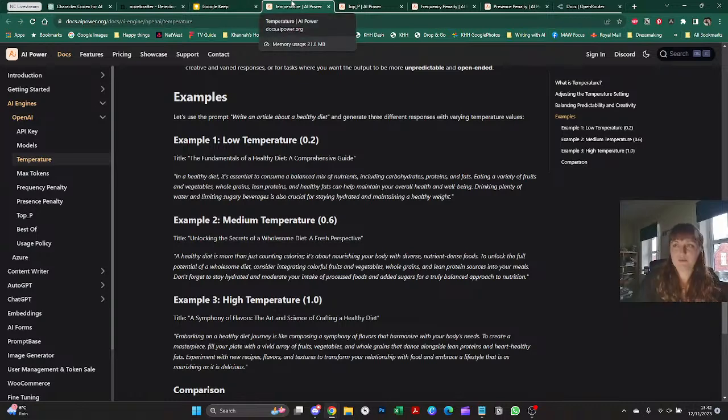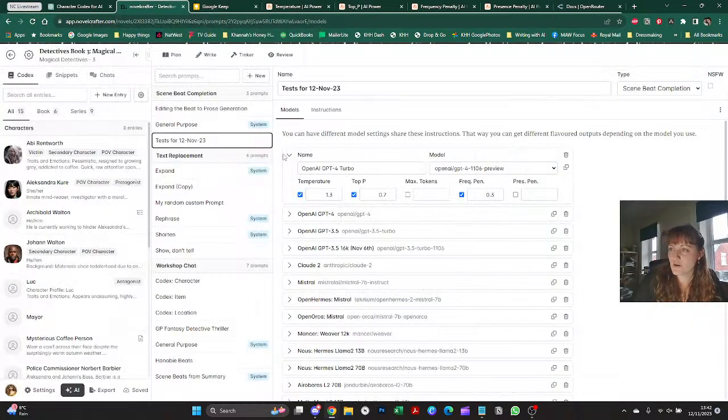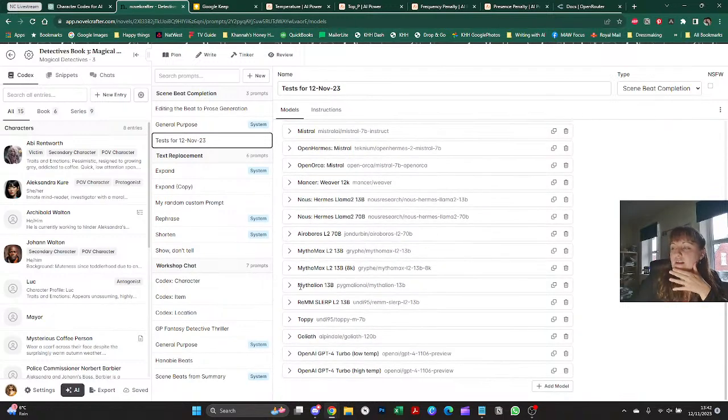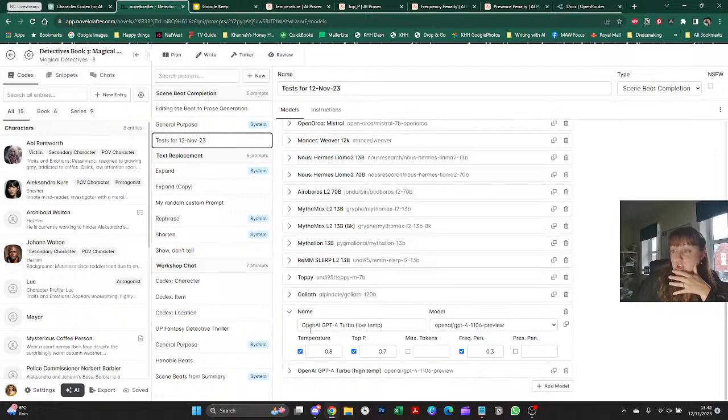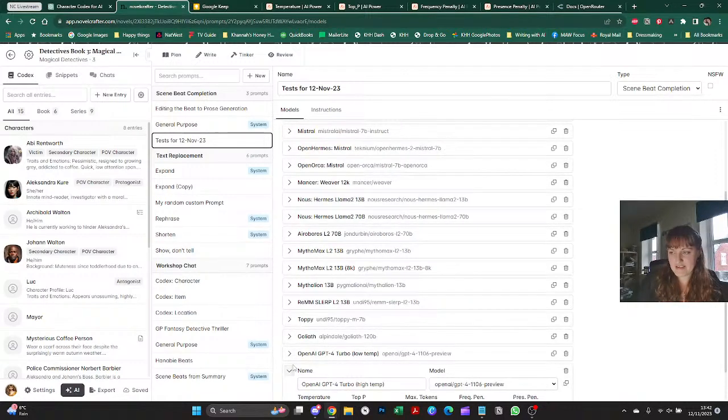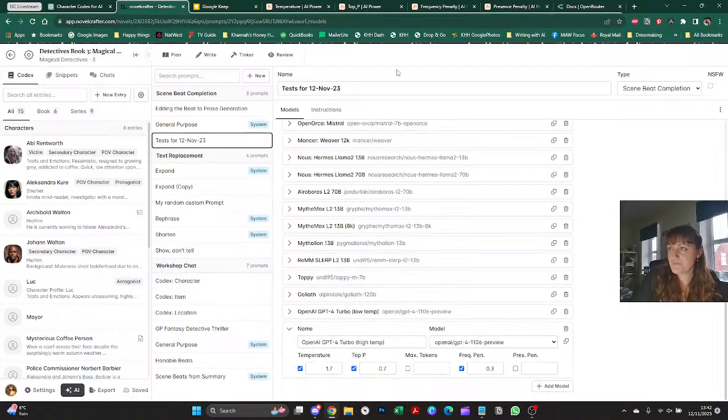So we'll stick with just this at first. I've got the default system prompt with 1.3, and then I've made two others, a GPT with 0.8, so that's 0.5 lower, and then a GPT with 1.7. GPT-4 can go between 0 and 2, they're the min-max. And with creative writing, you usually want to go for a higher temperature. So we're going to see what these three do with the same